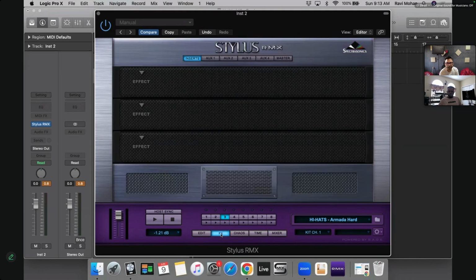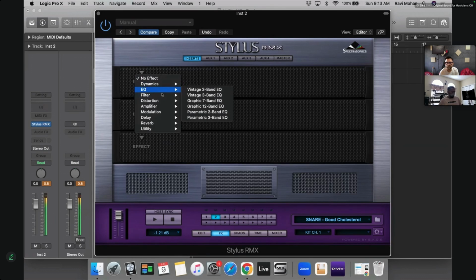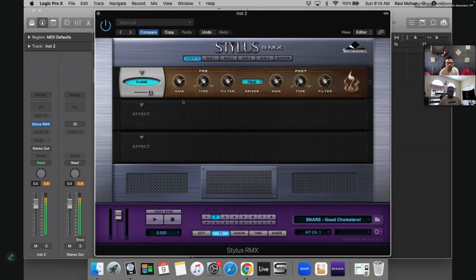Okay, now say this is our hi-hat. We come to effects. Now you want to put some individual effect on the hi-hat. You click on this snare. Second we had a snare, and can you just play the snare? You want to do something like this.